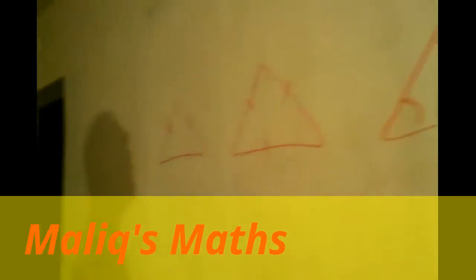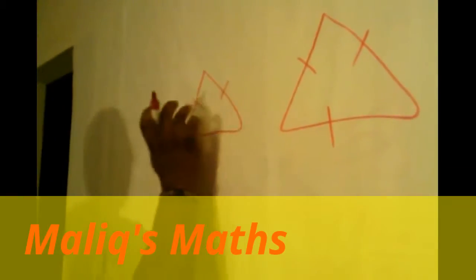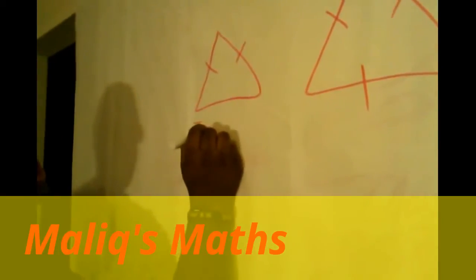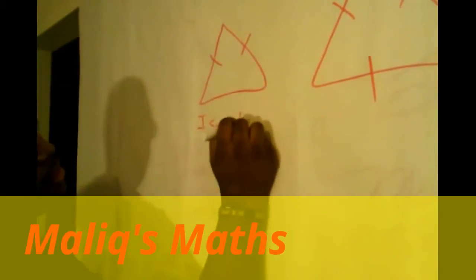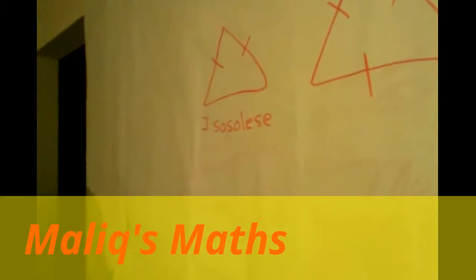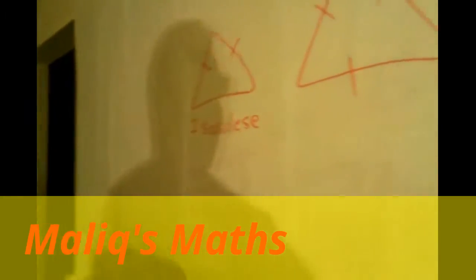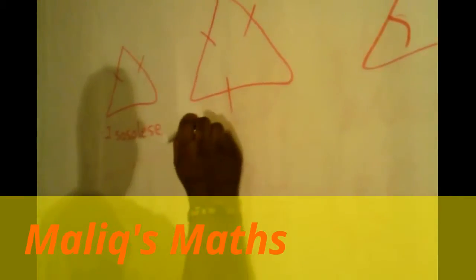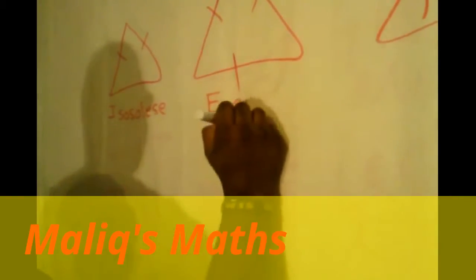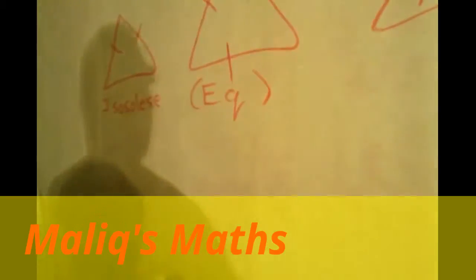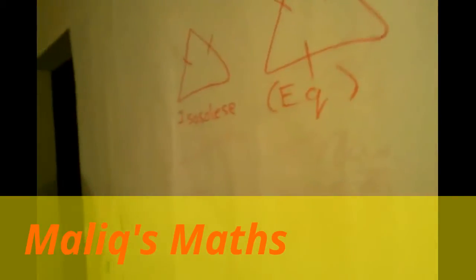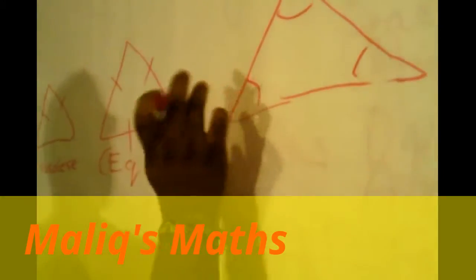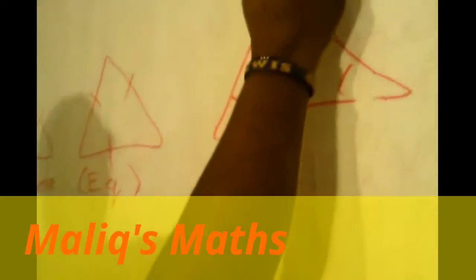Now, 2 congruent lines mean that they are isosceles. Everybody say that. Isosceles. Now, these, which have 3, this will be equilateral. You're going to say EQ for short. Equilateral. Everybody say equilateral. This one will mean the same as this, besides this is an angle. These 3